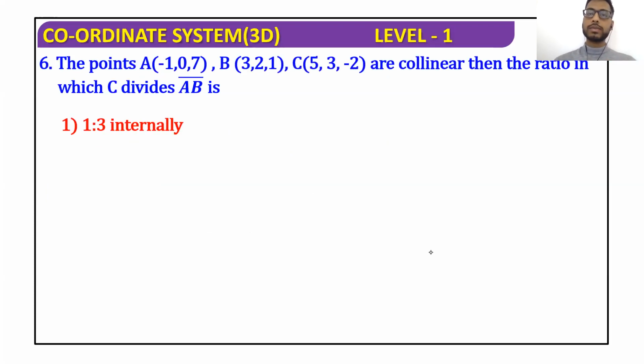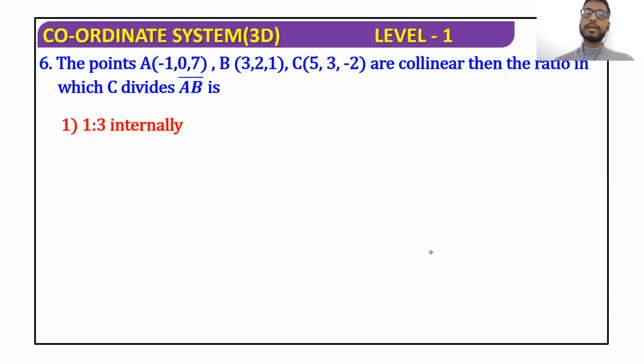There are 3 points which are collinear, then the ratio in which C divides AB is question mark. As the 3 points are collinear, there are multiple ways to solve this. First way, you can show that these are scalar multiples of each other. Say, suppose AB bar and BC bar. In this particular case, you have to find C. So find AC bar and BC bar and show that these are scalar multiples of each other. And from there, you can get your ratio. Another way could be finding your AB, BC, and AC and finding the relation between these three.